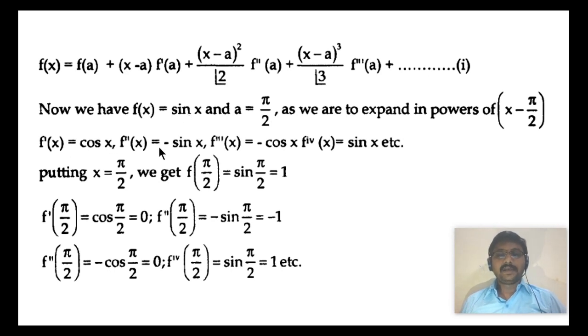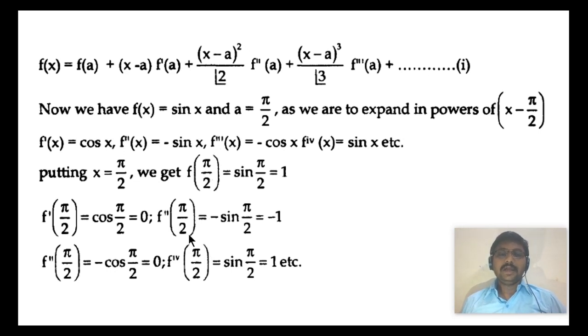f double dash of x is cos x, whose derivative is minus sin x. f triple dash of x is minus sin x, whose derivative is minus cos x. f fourth derivative at x is minus cos x, whose derivative is sin x, etc. We can find these. Now putting x equal to pi by 2 in these functions, we will get the functional values